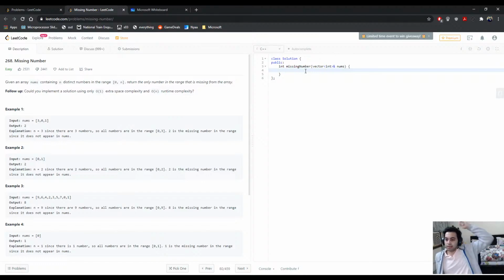Given an array containing n distinct numbers in the range 0 to n, return the only number in the range that is missing from the array. Could you implement a solution using no extra space and O(n) runtime complexity? So it's an n size array with n plus 1 numbers from 0 to n. So this is again maths. I don't know why that is so downvoted, but